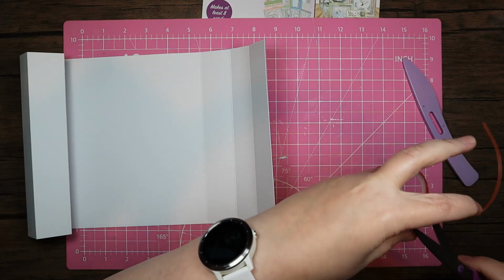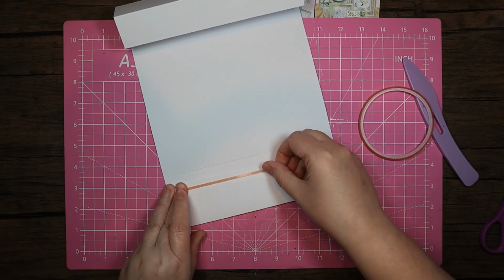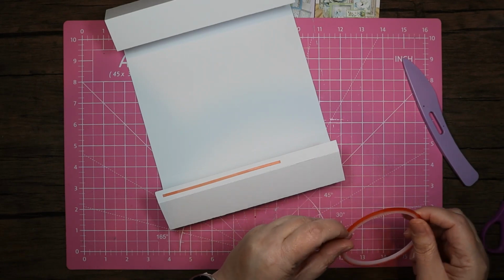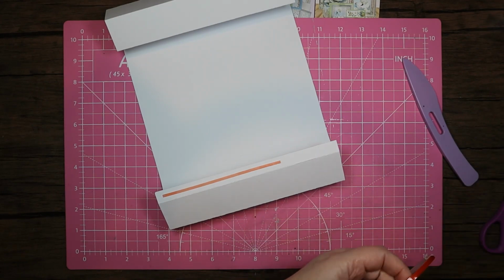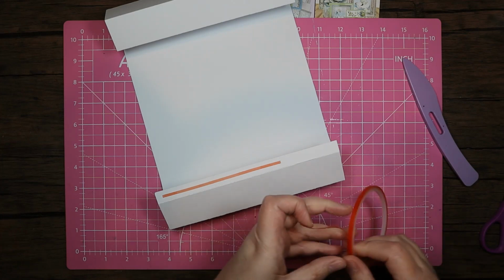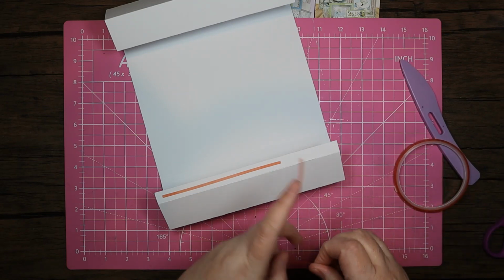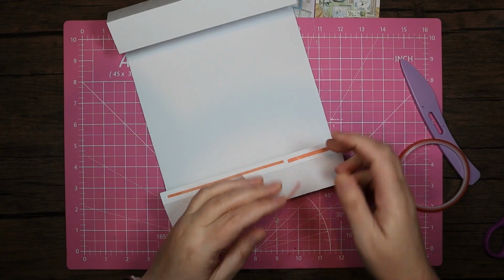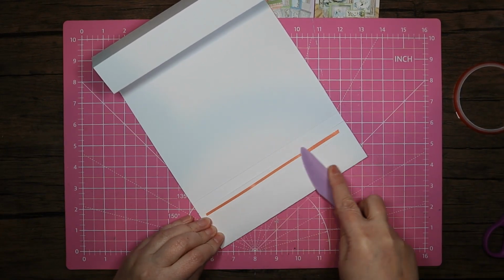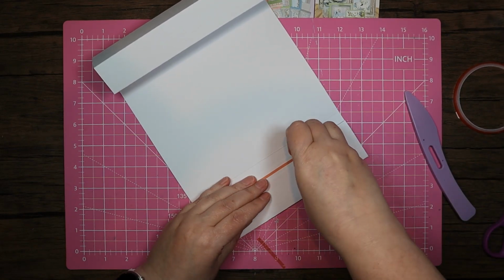So I'm just going to take a nice long piece of this. And I'm just going to pop that along there. Could have used my wider tape actually. There is a slightly thicker one. Let's use this one. Let's see if it's any easier to find the end. There. And I am going to be putting some construction glue on as well, just for security with the sticking. So I'm burnishing those down, peeling those off,